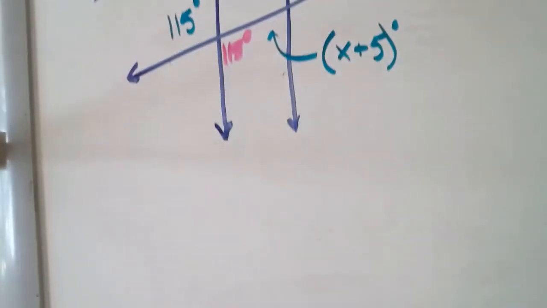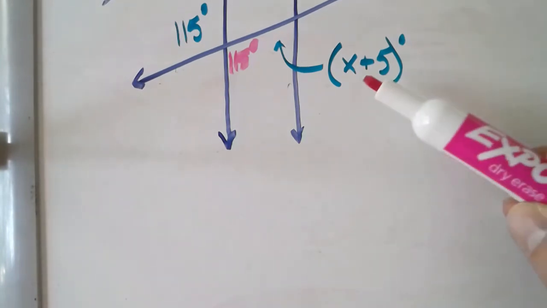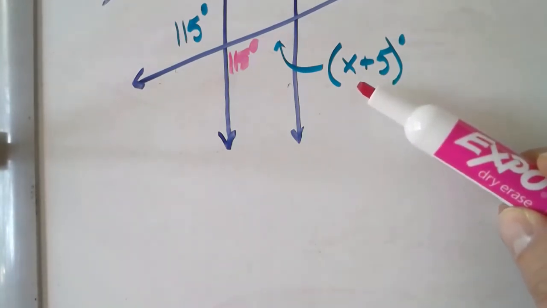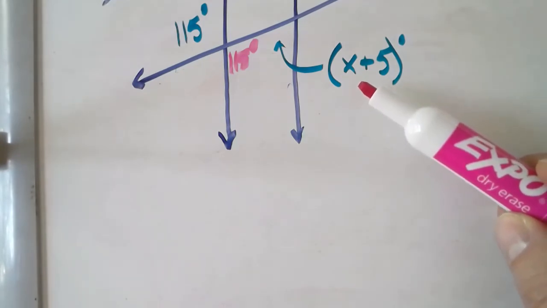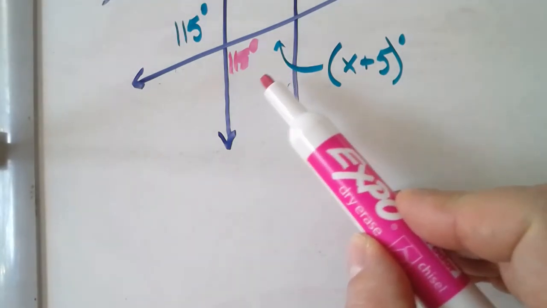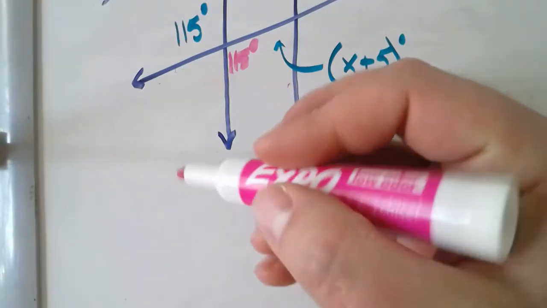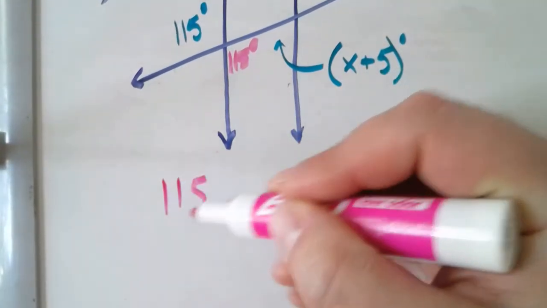So below this, I'll go ahead and set myself up with an equation. My job here is to find x, so ultimately I need to get x by itself. The trick here is to come up with an equation that can get x by itself. The equation I can use deals with consecutive interior angles. These two together have to add to make 180. So my equation can be 115,